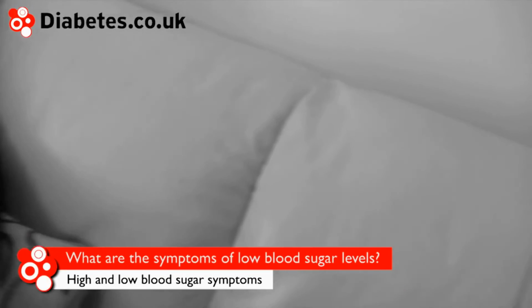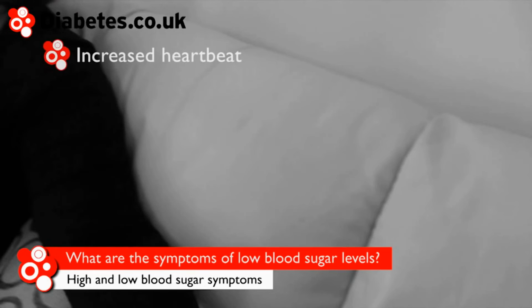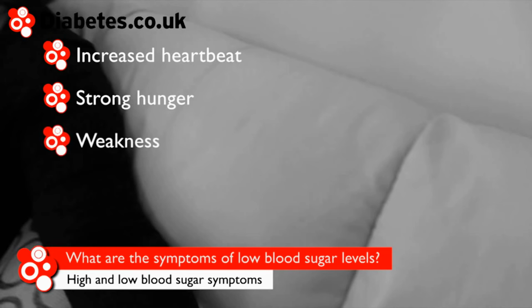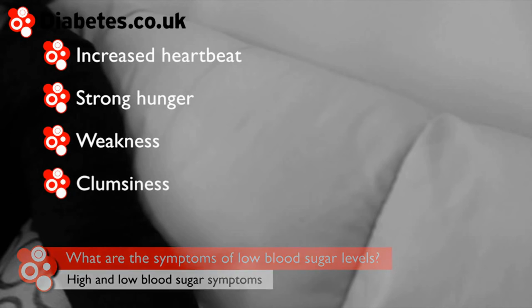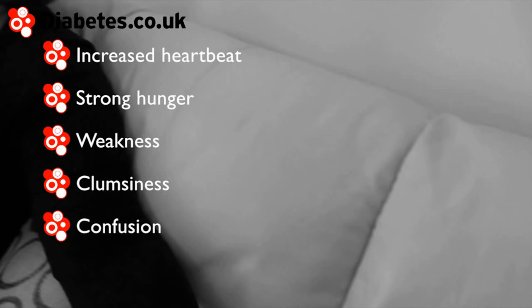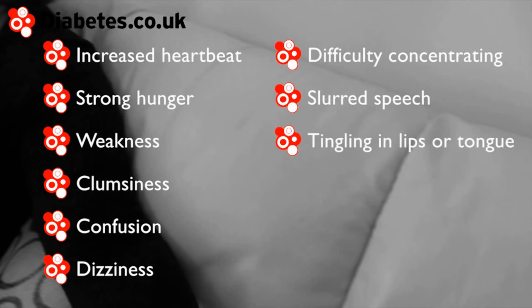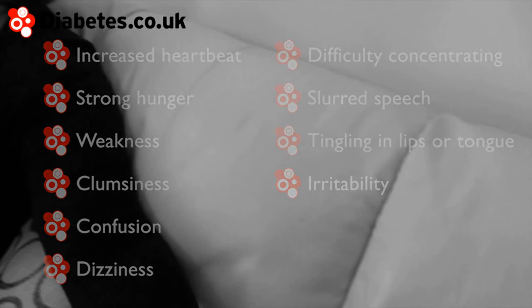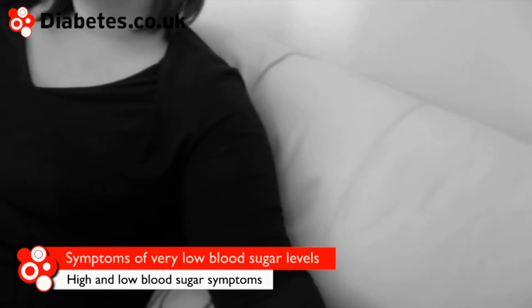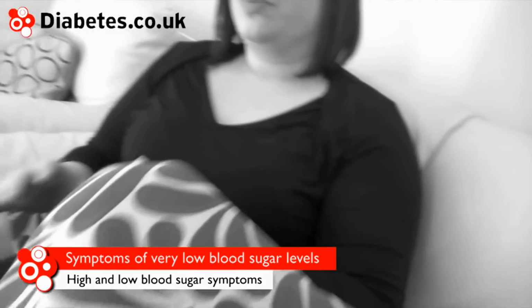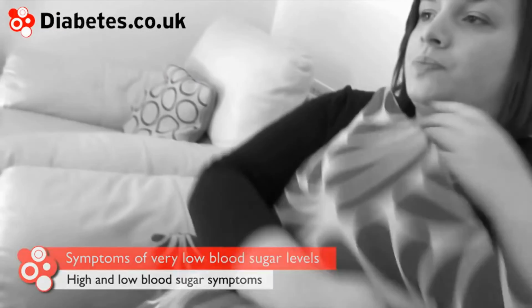Symptoms of low blood sugar can include increased heartbeat, strong hunger, weakness, clumsiness, confusion, dizziness, difficulty concentrating, slurred speech, tingling in the lips or tongue, irritability. Very low blood sugar can lead to convulsions and unconsciousness. It is important to seek emergency help if the person with diabetes is unable to bring their sugar levels back